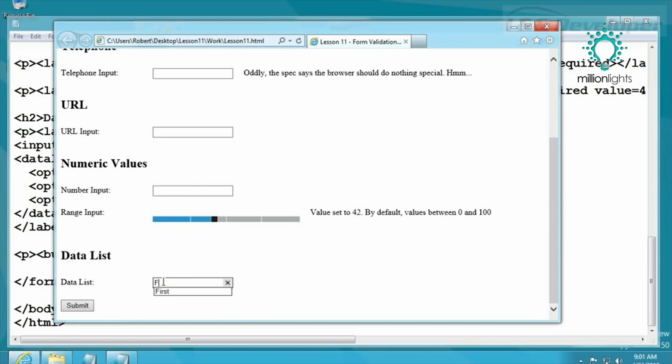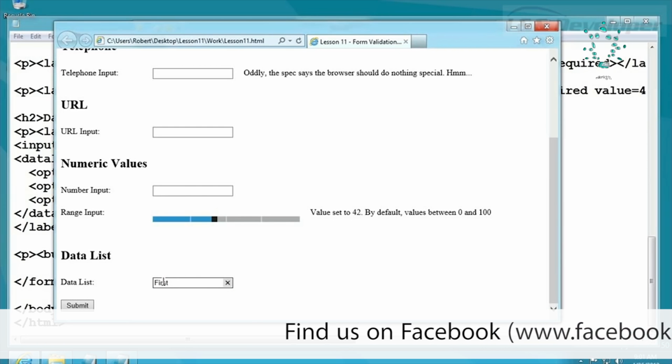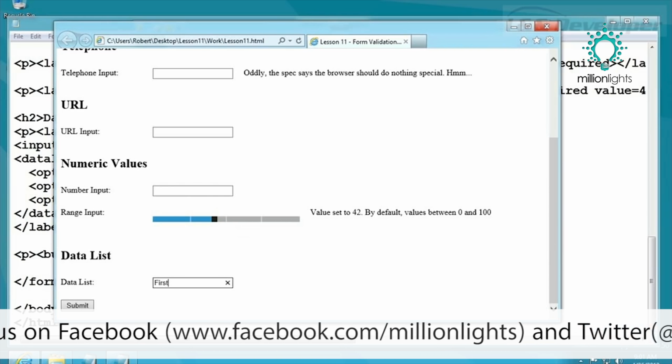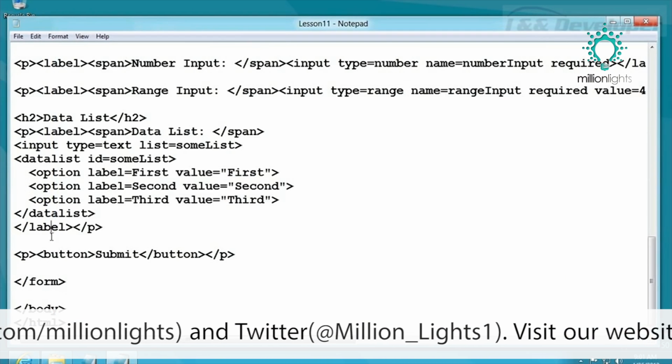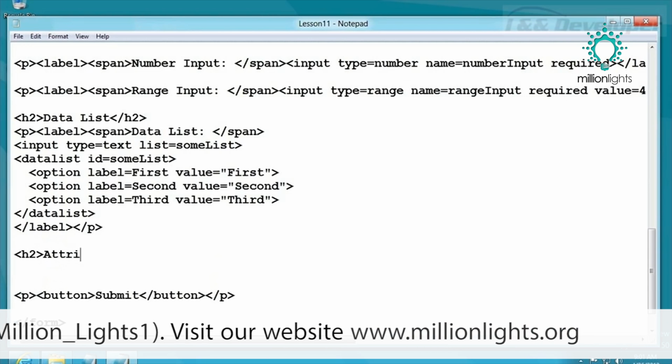So I can just escape and say I want to type in fourth, but as I typed in the F, it limited the list down to just those, and then I could use the arrow key to select one and then use the tab key, or I'm sorry, let's try that again, the first, and then just hit the enter key to select the given item in the data list. Okay, pretty cool. All right, so in addition to all these new HTML5 controls, there are a number of new